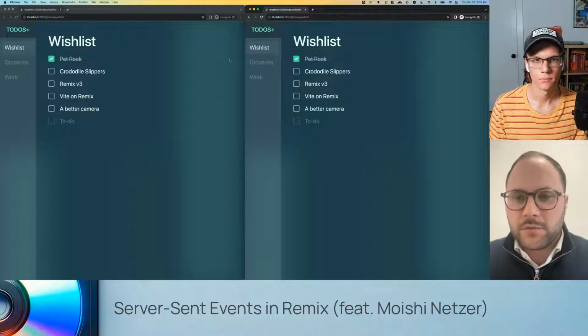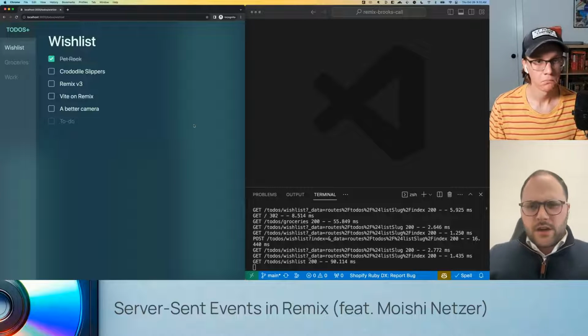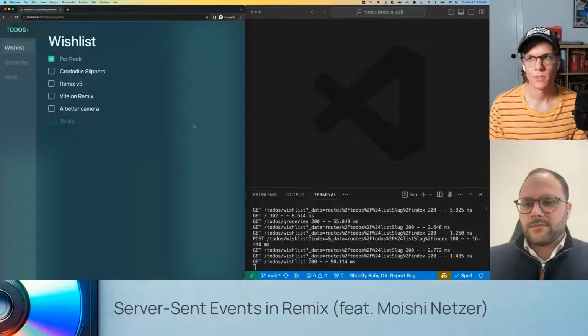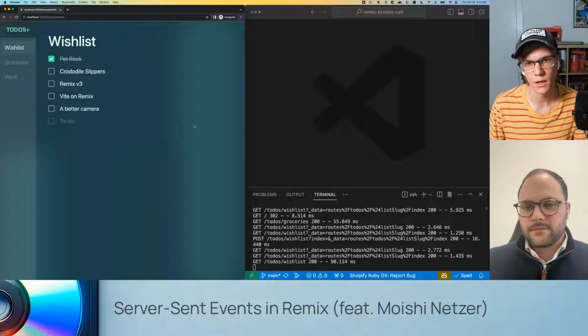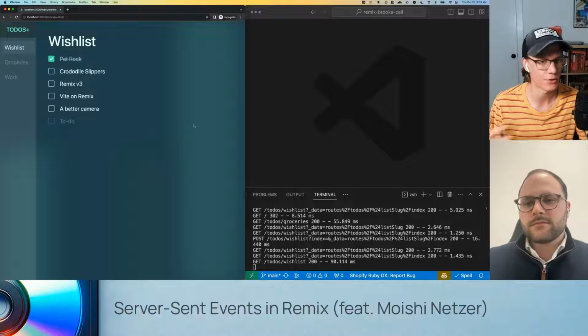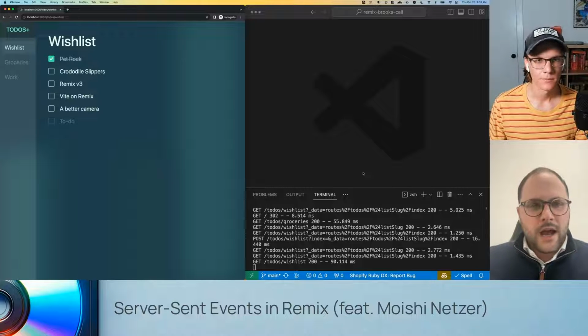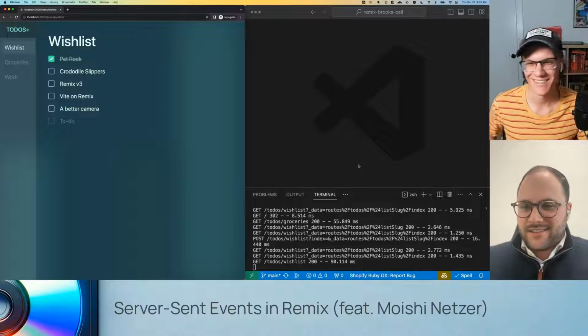Let's see if we can solve this with server sent events. I'm just going to give a very brief overview. Have you heard of server sent events? Have you used them before? I haven't used them. I definitely have heard of them. I know there was a good talk at RemixConf 2023 on them, but it's very high level, just kind of explaining what they are. I didn't really get super into the implementation. I've never really done it myself. Awesome. Are you speaking about Alex Anderson's talk? That's the one. Yes.